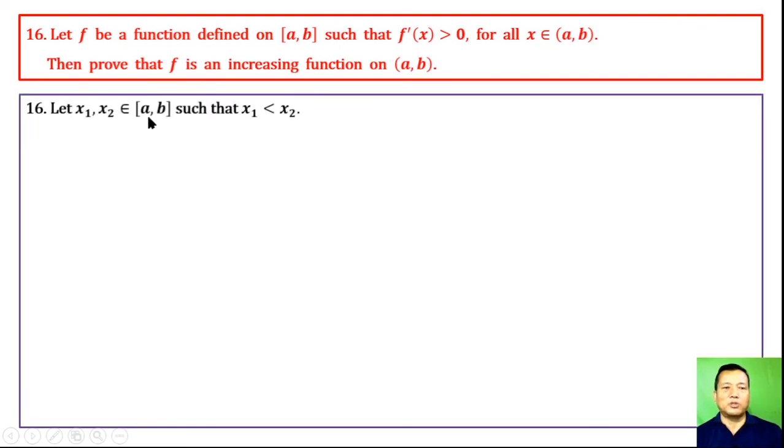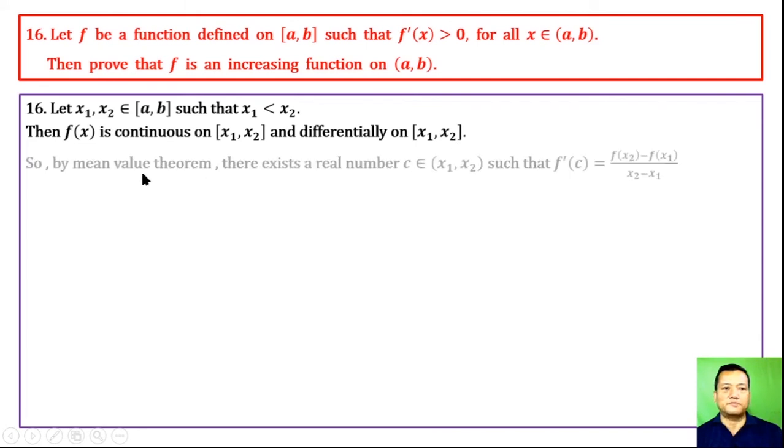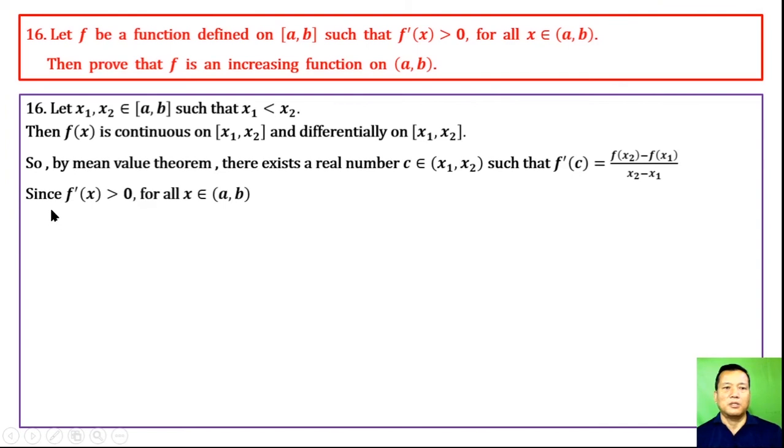Let x1, x2 belong to closed interval [a, b] such that x1 is less than x2. Then f(x) is continuous on closed interval [x1, x2], and differentiable on open interval (x1, x2). So by mean value theorem, there exists a real number c belongs to open interval (x1, x2) such that f'(c) is equal to (f(x2) minus f(x1)) by (x2 minus x1). Since f'(x) should be greater than 0 for all x belongs to open interval (a, b), f'(c) should be greater than 0, and whose value is equal to this, which should be greater than 0,